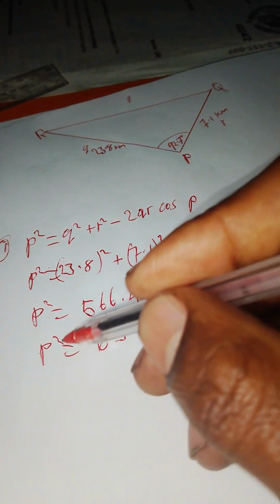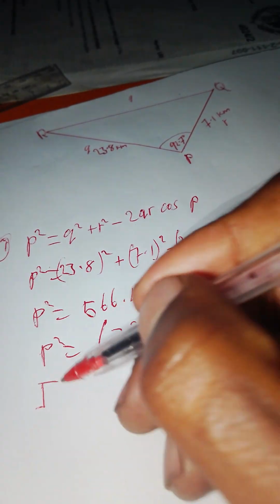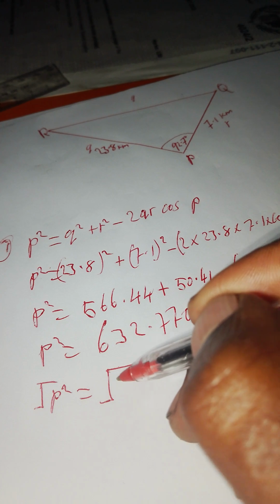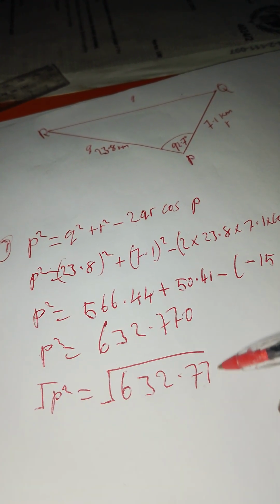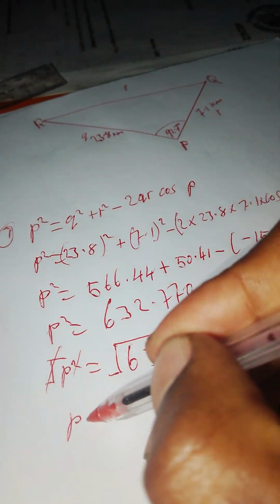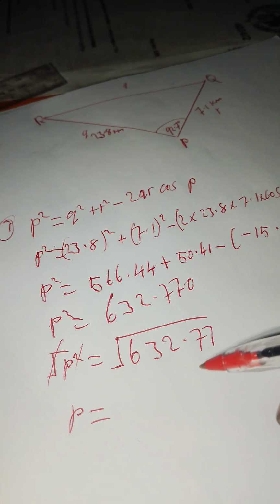Now you have to get rid of this square, so you're going to introduce the root. P squared is equal to the root of 632.77. So the square and the root cancel, giving us P is equal to the square root of this one, which is